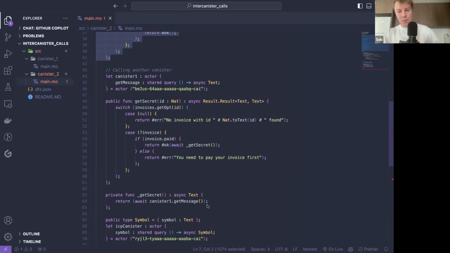Okay, so we are going to talk about intercanister calls, how to call other canisters. This is essential to building on the IC. The vision is to have a system where you can easily interact with other applications. So you have a canister for OpenChat, you have a canister for the Motoko Bootcamp DAO, you have a canister for every token, and